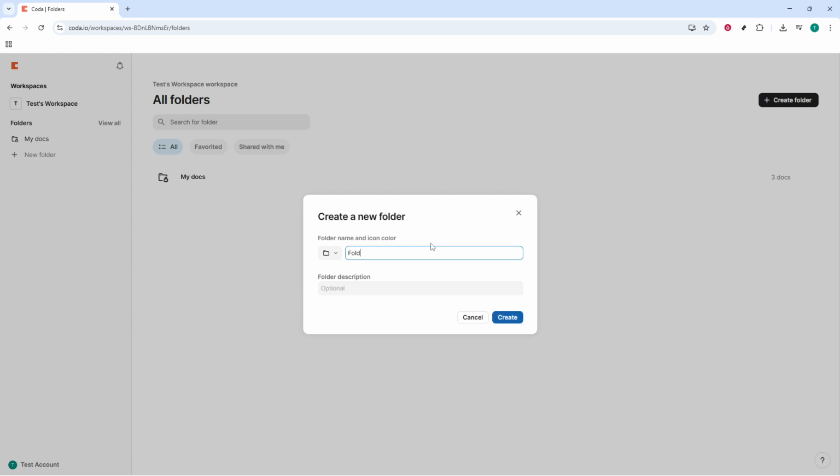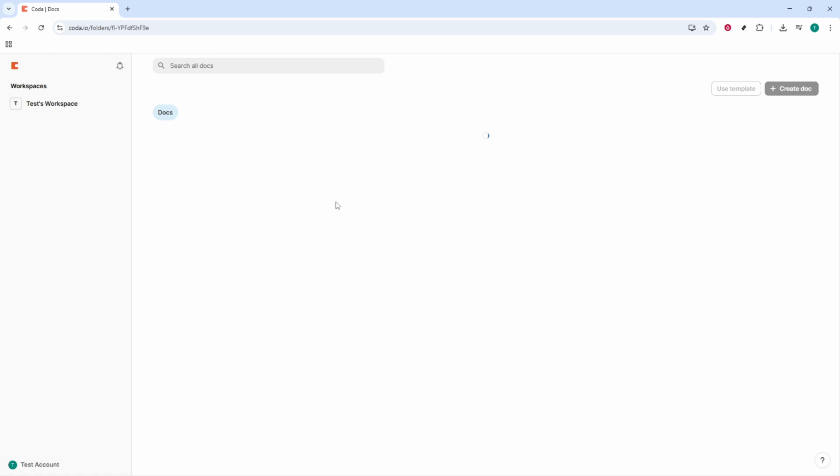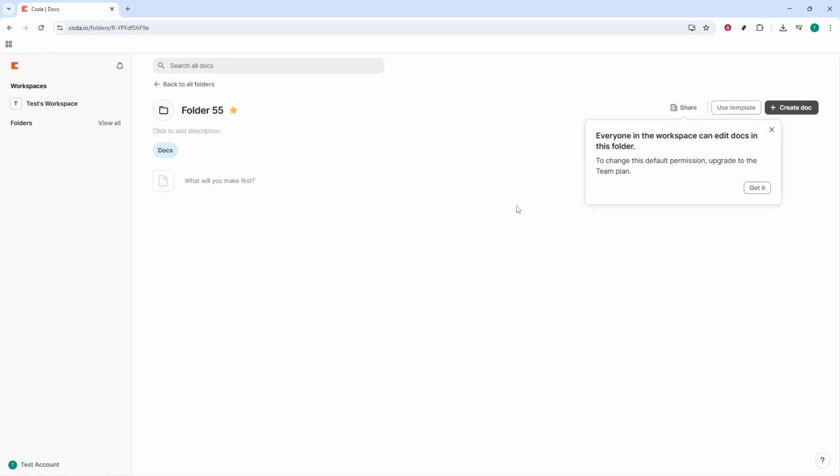Once you've typed the name, click Create. That's it. The folder is now added to your workspace's folder list. You'll be able to see it among your other folders, ready to hold the docs you want to organize. If you're setting up a new structure, consider keeping names short and intuitive so teammates can find what they need